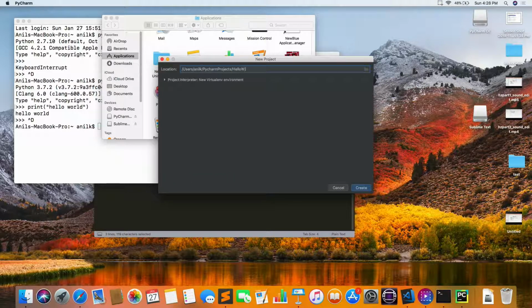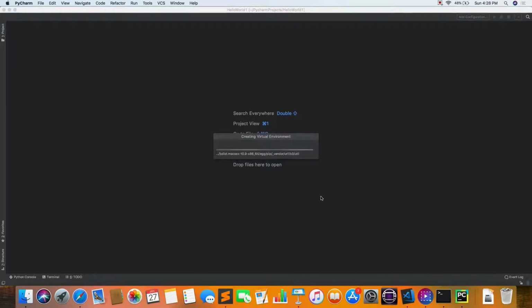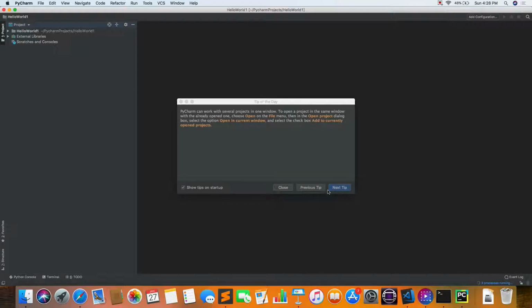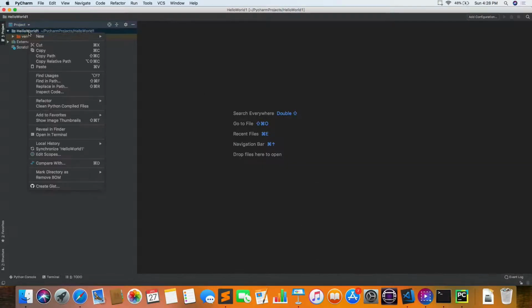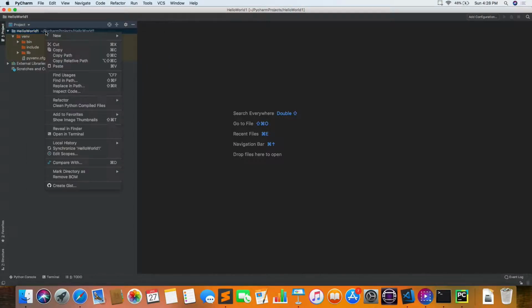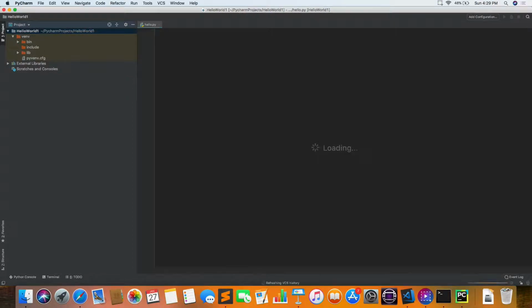I will create one sample project here. Yeah, it created one sample project. Here we can create our Python files. It also creates a virtual environment. Click Python file and start writing